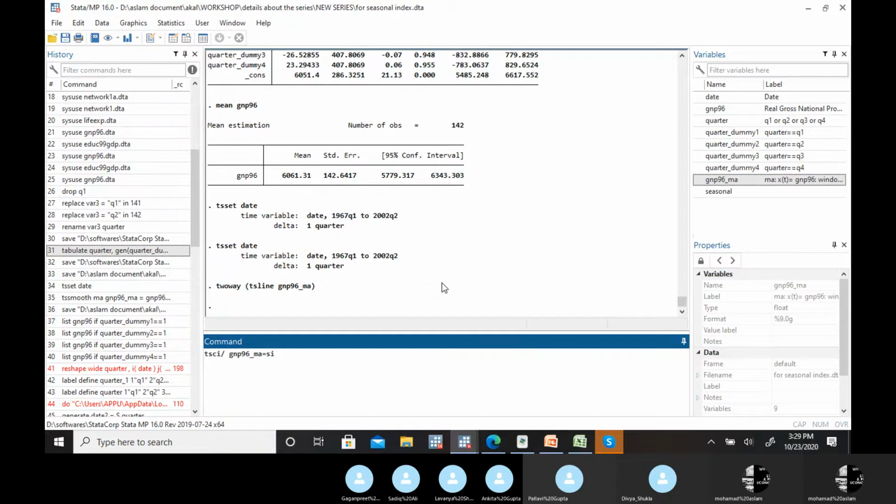That's one reason that we can even use it. But if your duration is short, like when we are working with daily basis data, then we can't use a cyclical moving average of short duration to approximate the trend component. I hope this point is clear. So now we have the T and C components both in this cyclical moving average, that's our 4 quarterly moving average. Next, we need the seasonal component out of this.